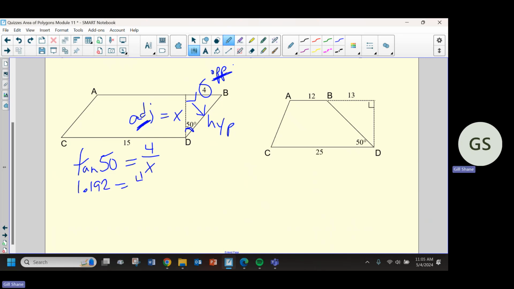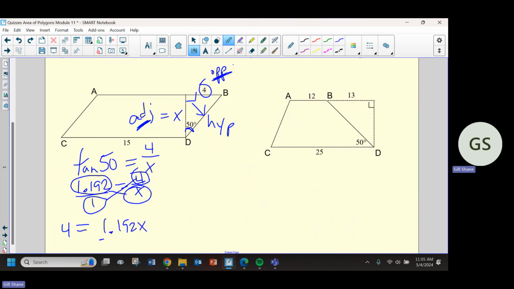And then equals 4 over x. Some people didn't solve correctly, even though they set it up correctly. I'm going to show you, as I normally do, cross multiplying. I can make 1.192 into a fraction by just putting it over 1. Now I cross multiply and I get a 4 there. That will equal the other cross multiplying product,